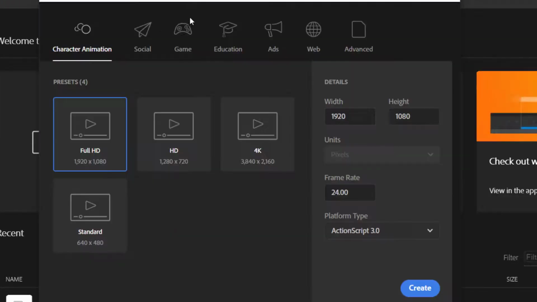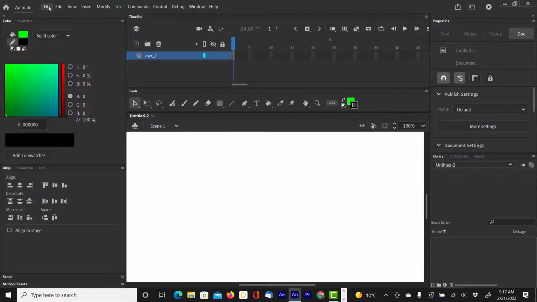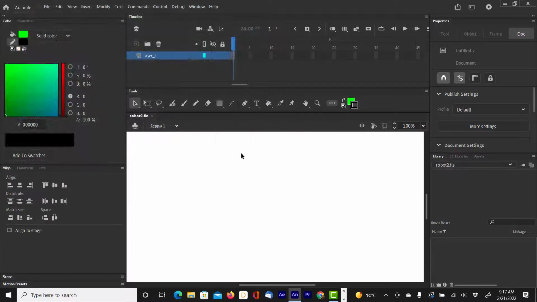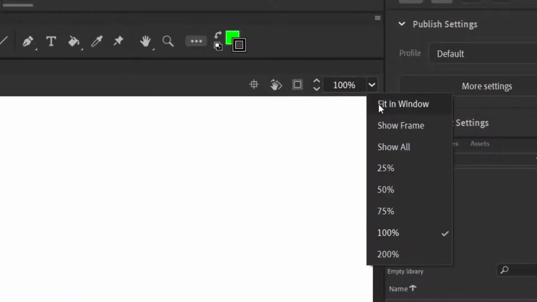I get this box. It gives me the options: character animation, full HD, 24 frames a second. That all sounds good. I'm going to click Create. I'm going to save this. Robot 2 is what I'm going to call it. I go Save. And I'm just going to set my canvas window here to fit to window so it all